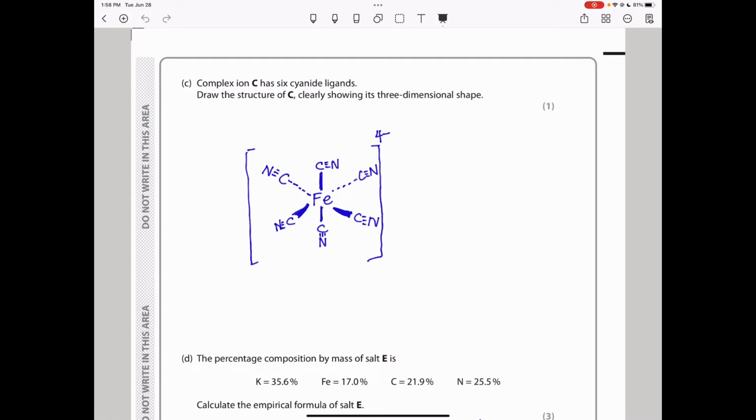Or you would say it's octahedral because it has coordination number 6. So we can see this is one CN, another CN, another one, another one, another one, and the last one. One thing you have to know is the carbon should be directly attached, as we can see here. And since they say they want a 3-dimensional shape, it means you have to show the lines, the wedges, and